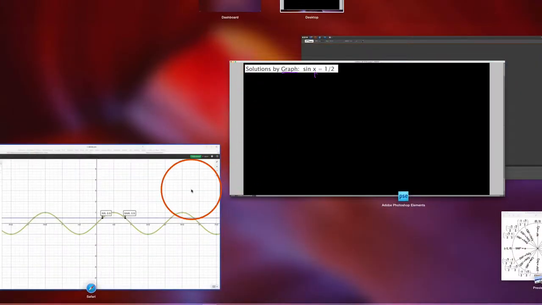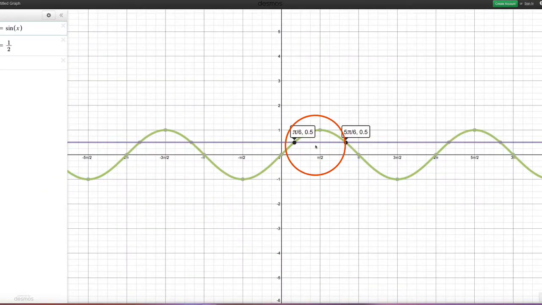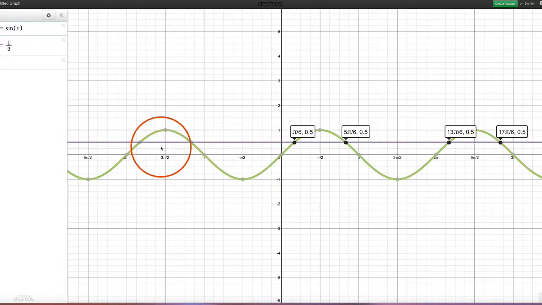The thing here is essentially this. When I go back and look at this graph, however, you will see that these are not the only two locations for which our graph is at a height of an output of a half, okay? We can see that also at, say, 13 pi 6th and 17 pi 6th, we are at a height of a half. And if we deviate over here to the left, we say negative 7 pi 6 and negative 11